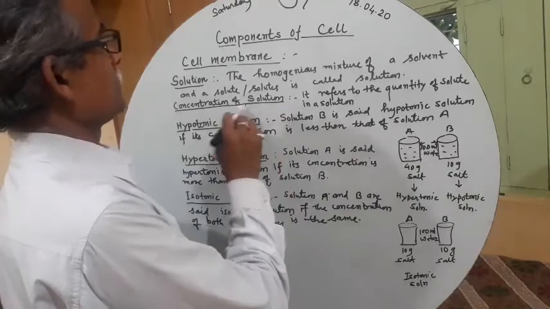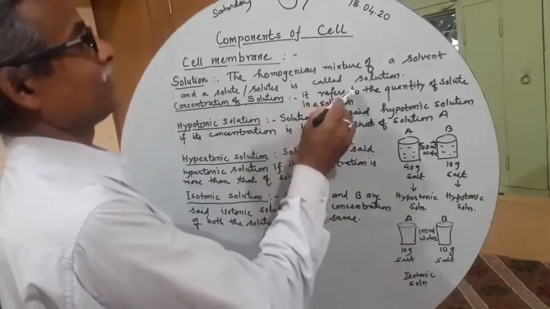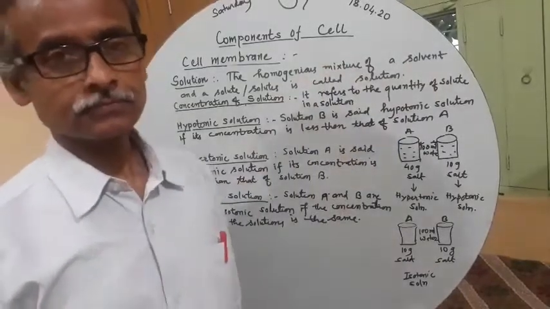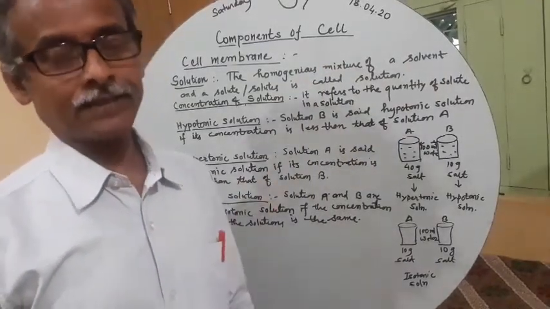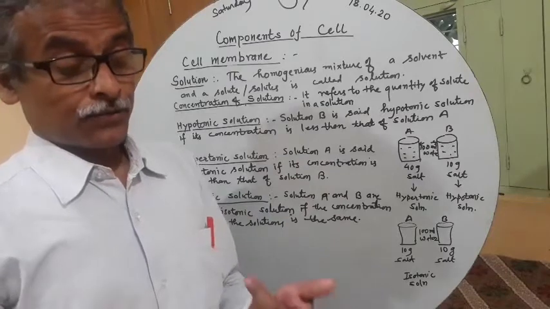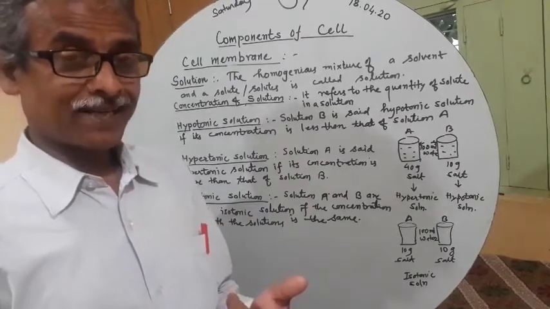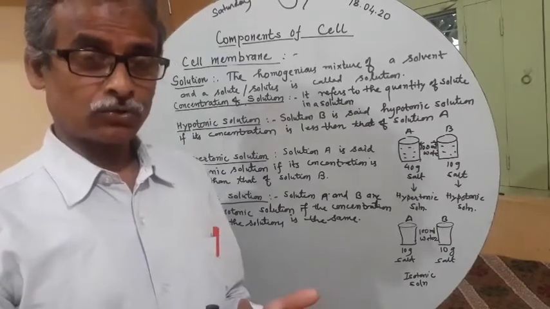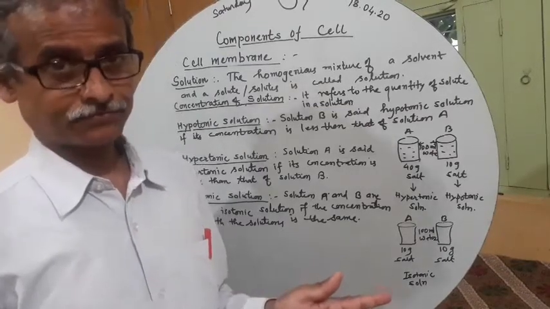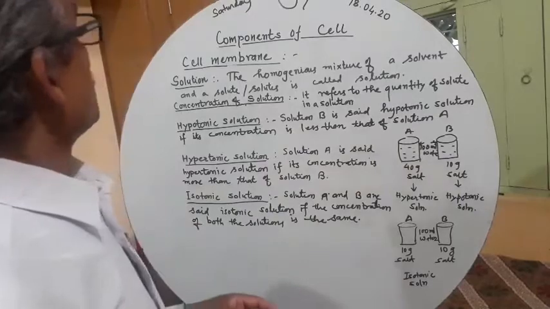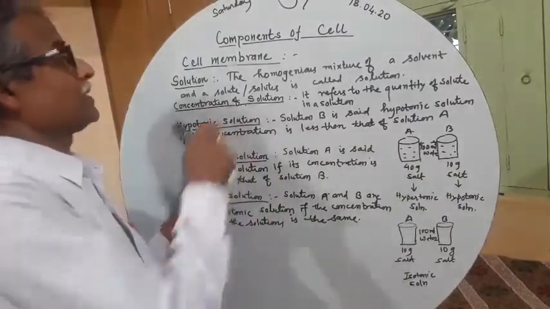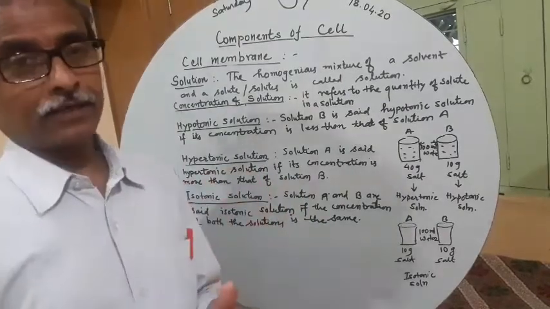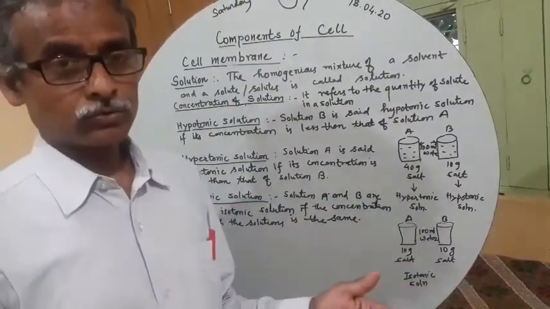So, concentration of solution refers to the quantity of solute in a solution. I am repeating again. Concentration is of a solution, not of a solute or a solvent. On the basis of concentration of solution, we compare two or more solutions,